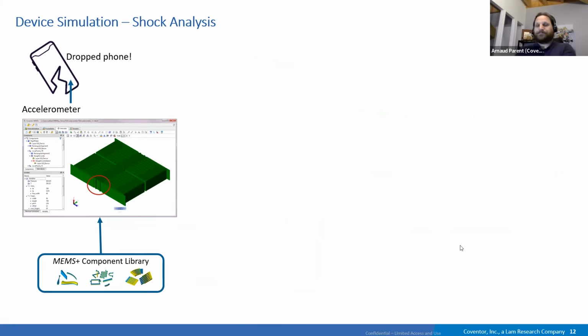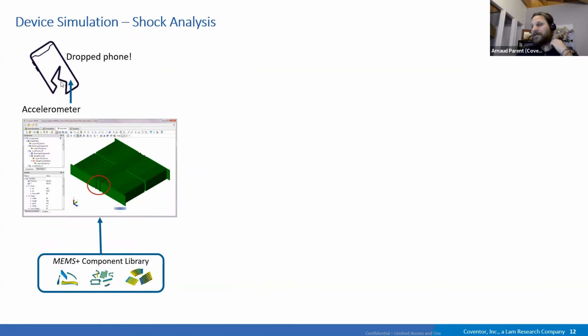Okay, so we have an application, an illustration of what you can do with such a new model. As I said, in this accelerometer, it could be used to model those stoppers as flexible objects. And what do you want to simulate or to test here? It could be, for example, a shock when you drop your phone. Your smartphone is in your hands and you let it fall on the floor. There will be a shock, and you should be able to quantify it.